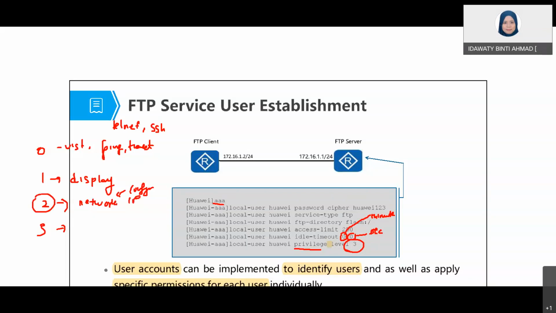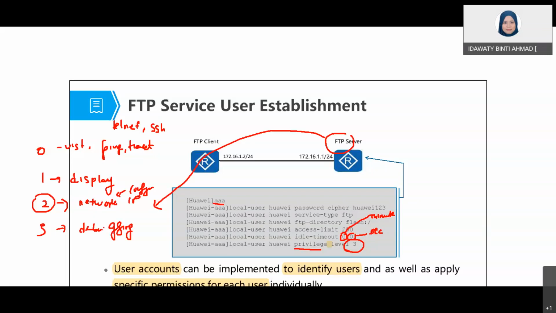And for you to set up this FTP server, the users must have privilege 3. Privilege 3 means that you can do 0, 1, and 2, and also debugging. Okay, and in this case,